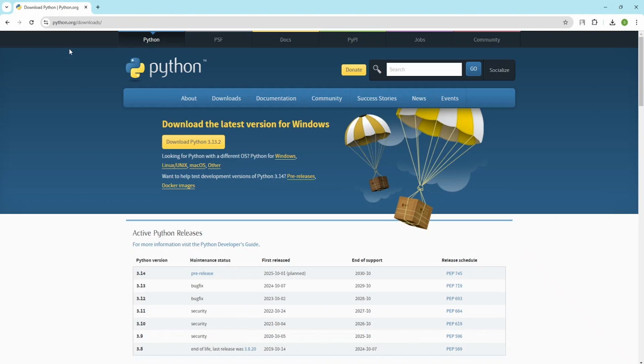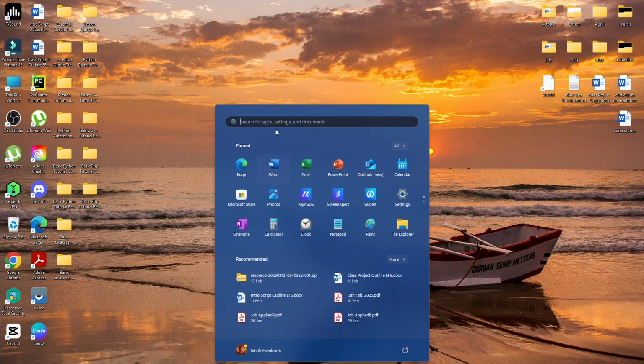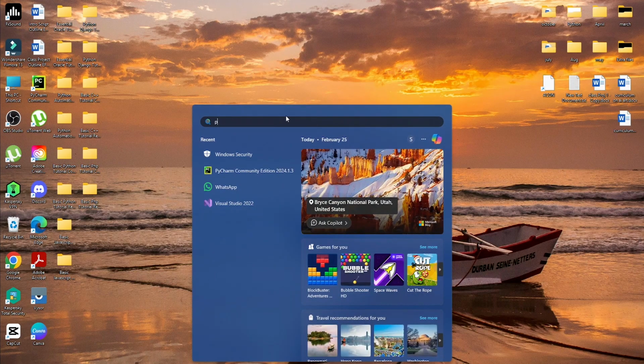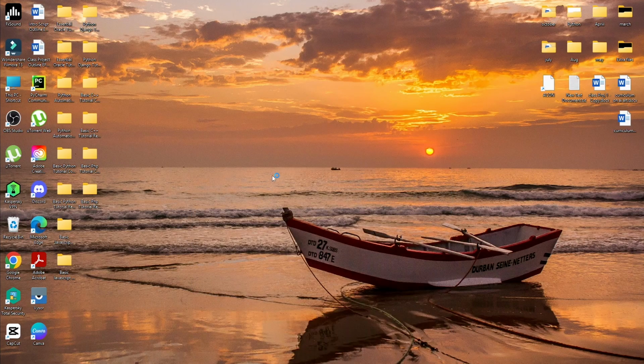So what I'll do is close this thing down. I already have that IDE downloaded, but I showed you where you can download it and why you should. So I'll close all of this, and from here let's type PyCharm Community Edition. You can see I have my PyCharm Community Edition over here, which is free. So I'll just click here,